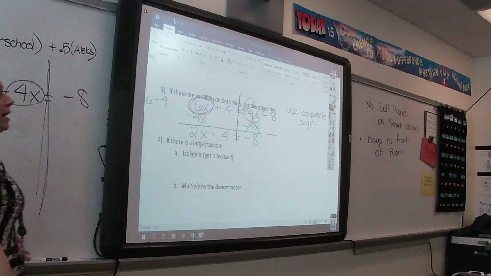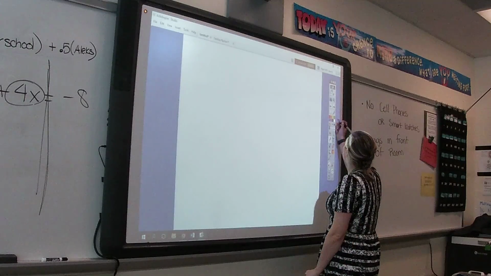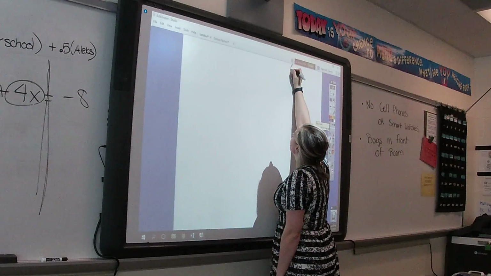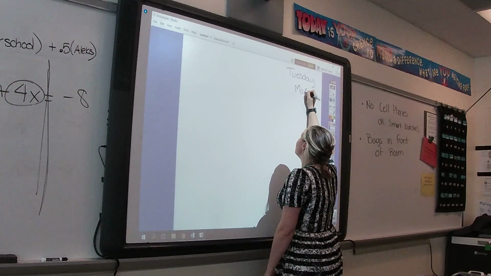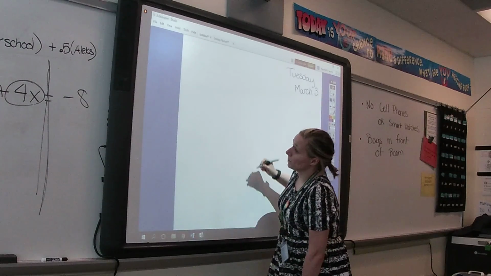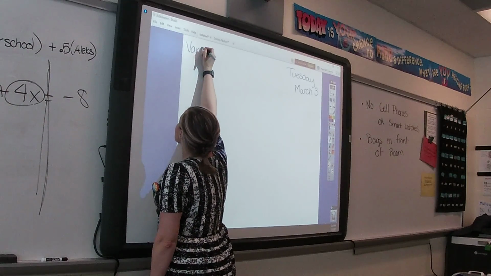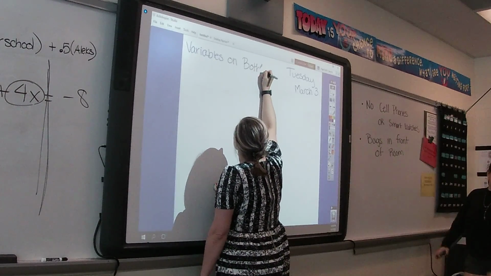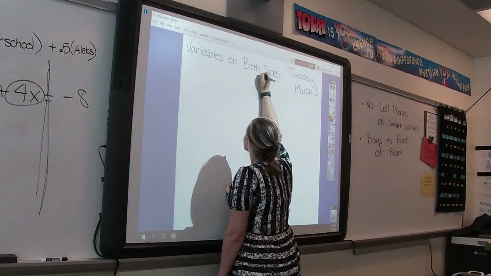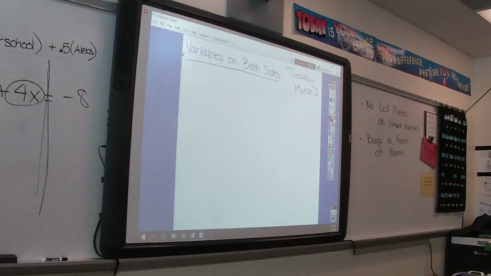Okay, then turn your page in your notebook to your next spot, and we're going to add in some examples of this. So we're going through the exact same steps that we went through last week. So let's say we have something like